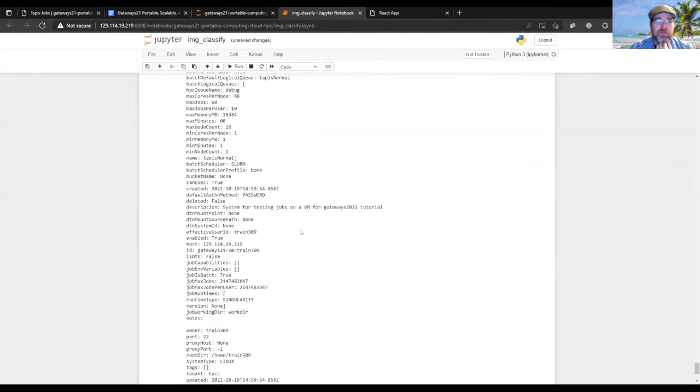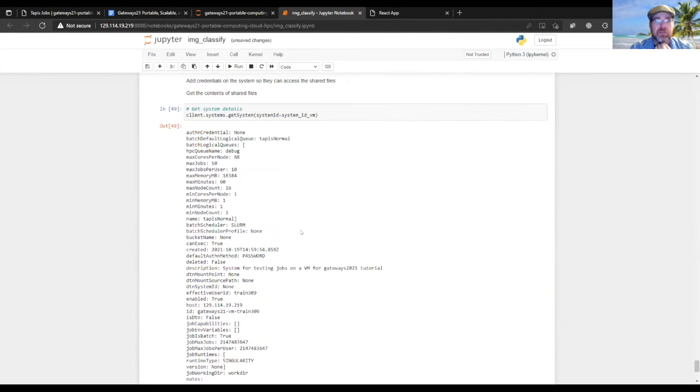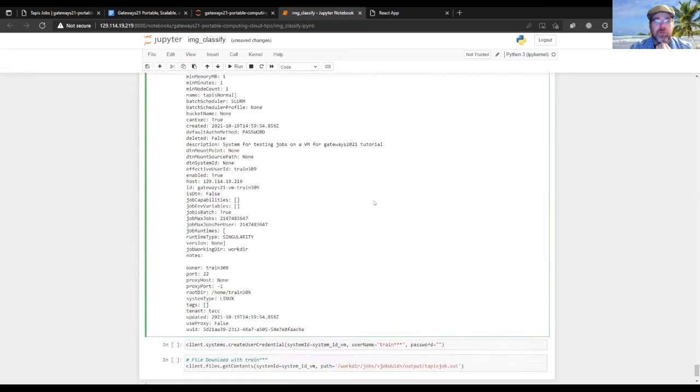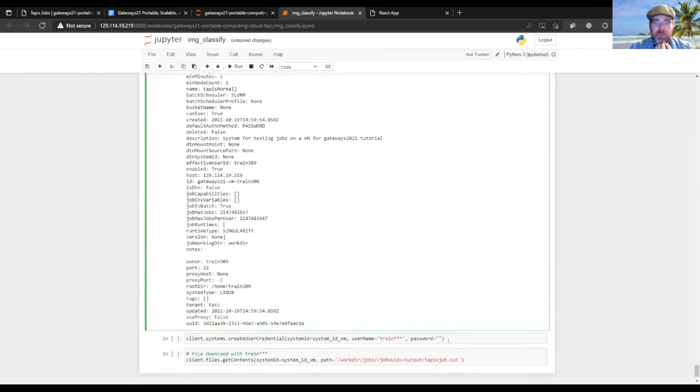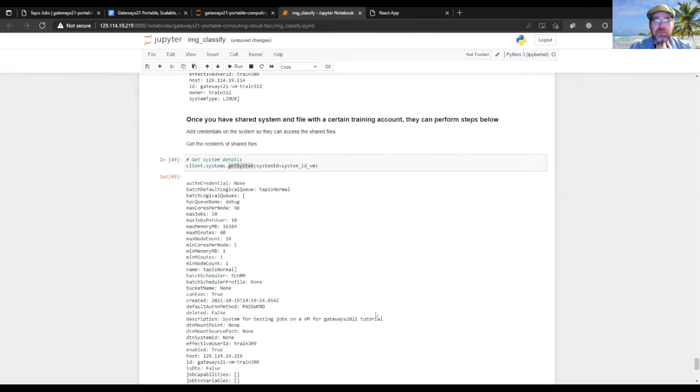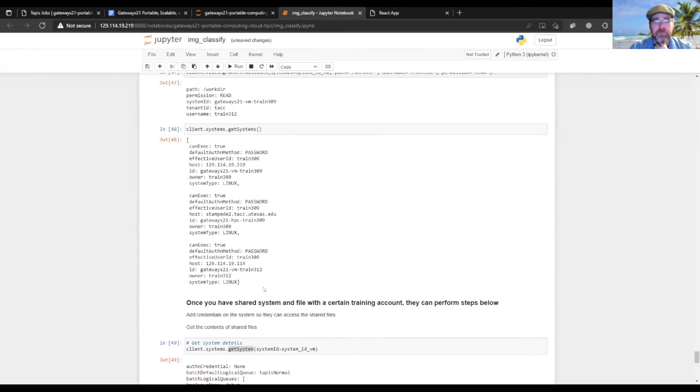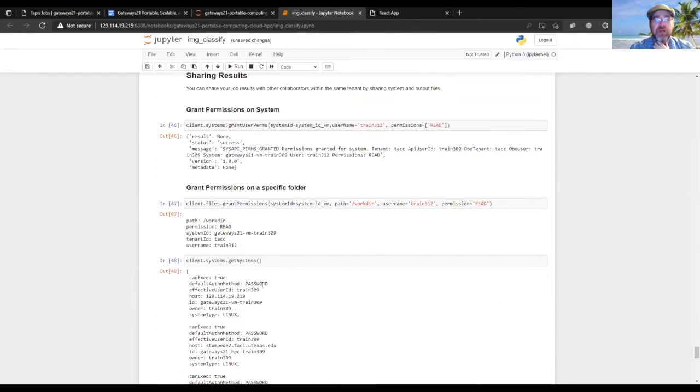Okay, so yeah, this was the VM one that I shared with Jared. This is just the details, but to get those, it's just get system is the command that we're using here. We don't have to do this on the system. So, when you share a system with another user in Tapas,